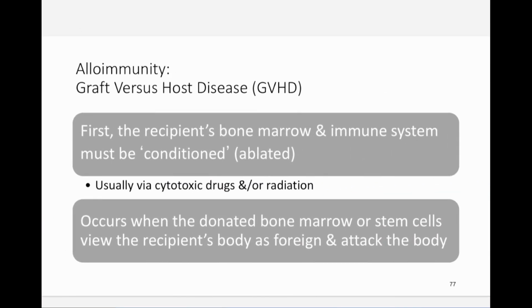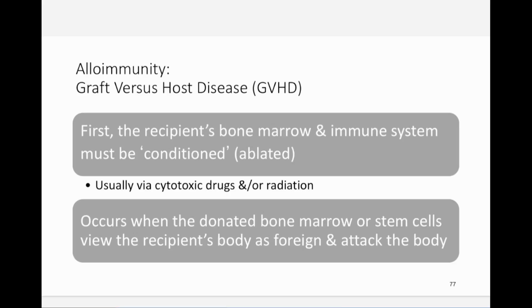Graft versus host disease. This is when someone gets a transplanted organ, but the organ that was transplanted starts making its own white blood cells and attacks the body as being foreign. Usually when a transplant occurs, the body is going to reject the organ as not being part of its body. But in this disease, the opposite happens. They get an organ, it starts producing white blood cells, but these are specific to the organ that was transplanted, thinks that your body is foreign and starts to attack it.